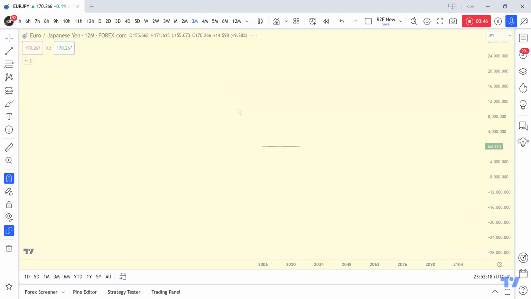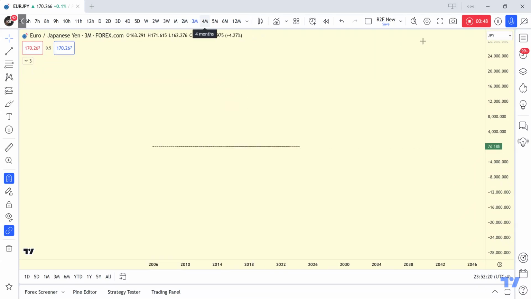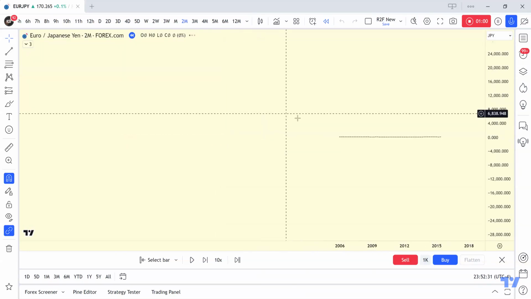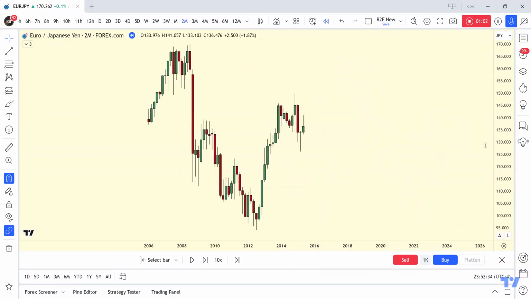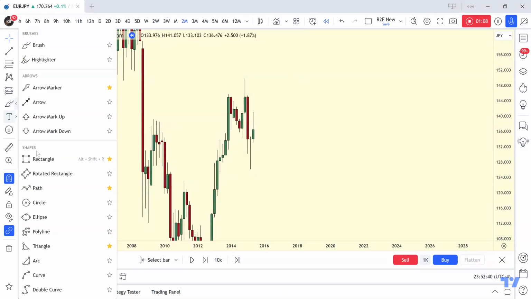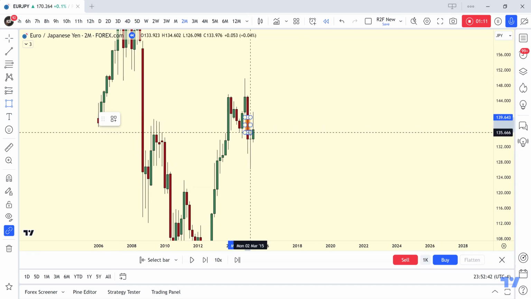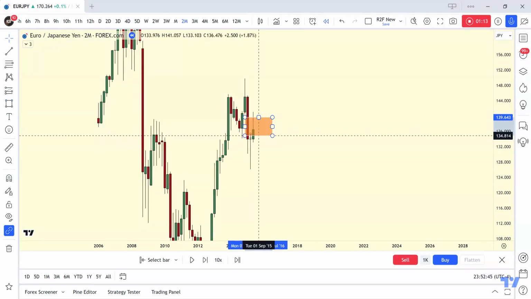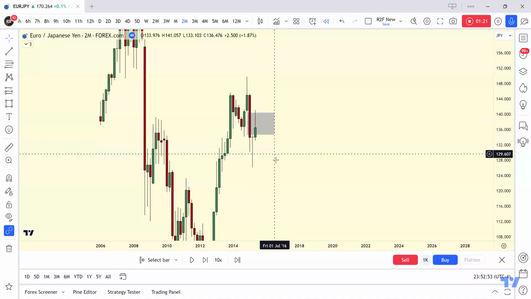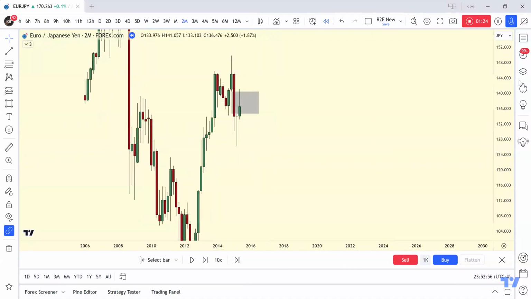Let's go to the 3-month and frame a trade. Let's just go 2-month. Somewhere in the middle. Okay. All right. So we have this here. Okay. Turn off the magnet. We have this 2-month CB. But it also came down to here. So